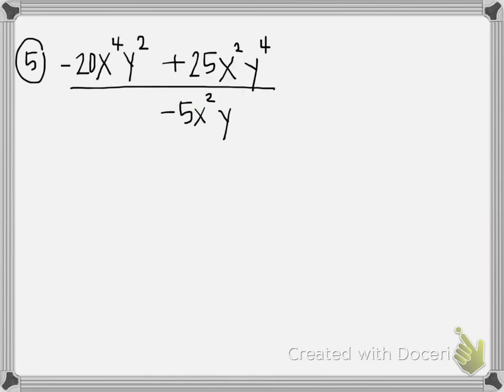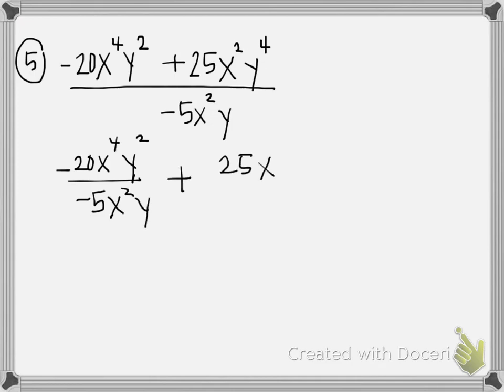All right, let's do another one. All right, here I've got a negative 20 x to the 4th y squared plus 25 x squared y to the 4th, all of that divided by negative 5x squared y. Okay, so I'm going to take each term and divide it by my monomial in the bottom. Okay, so split it up. All right,